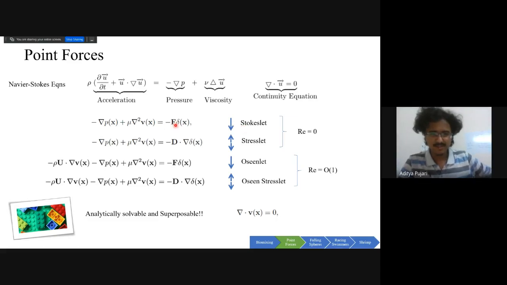If I have a point force dipole, it's represented by this, and it's called a Stresslet. And let's say I don't want to model a flow that's zero Reynolds number, because that's a really unreal case. But say I want to model a flow that's a Reynolds number of order 1. Then what I can do cleverly is that